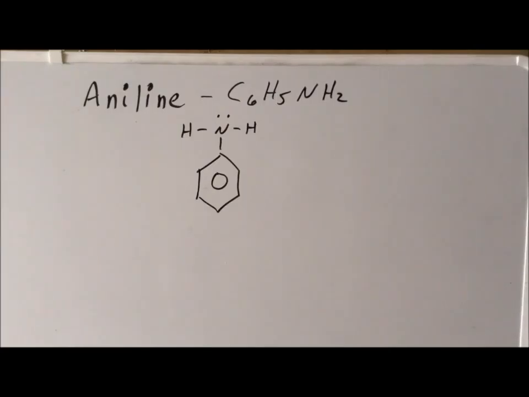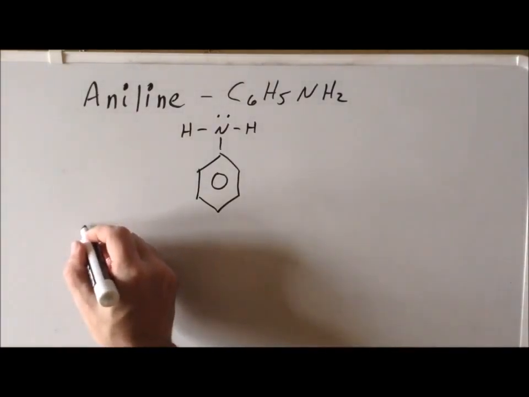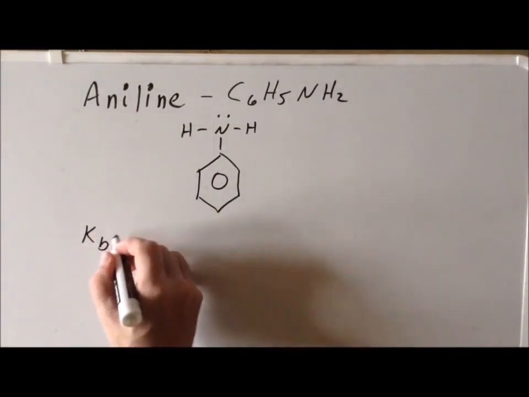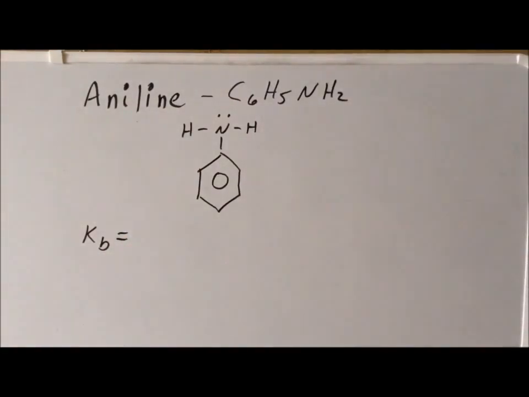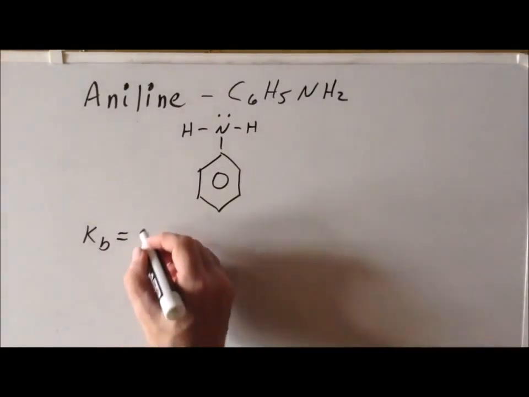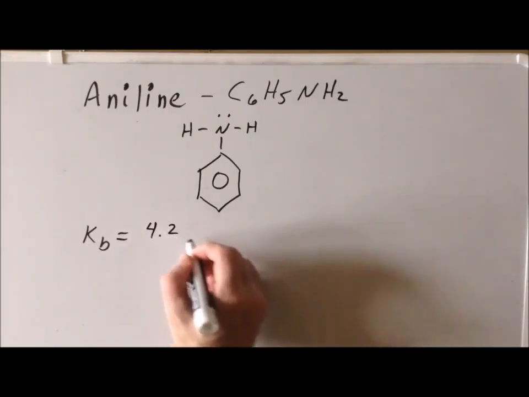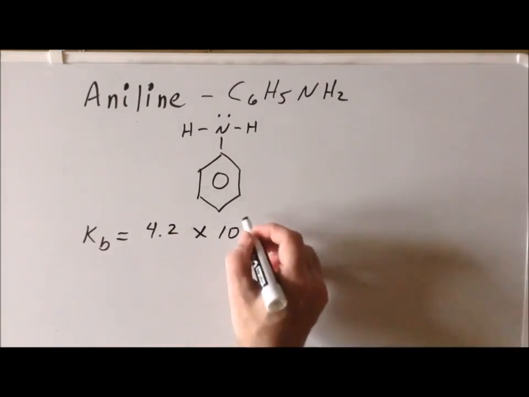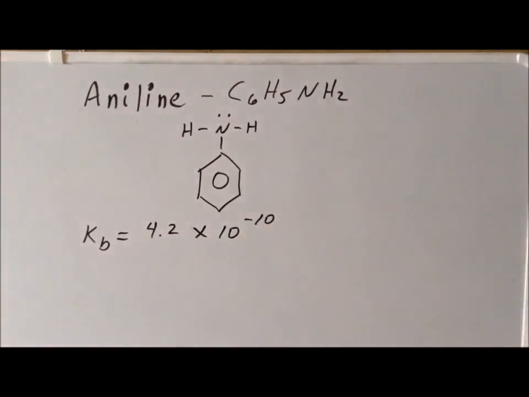And with that in mind, to solve the problem, we need to know the Kb for aniline. And we see that the Kb is 4.2 times 10 to the minus 10, which makes it, yes, a very much